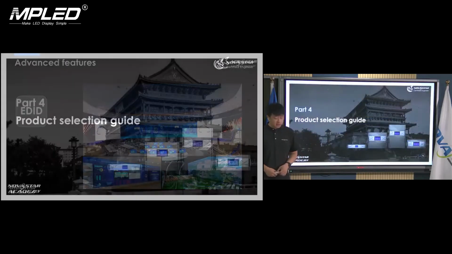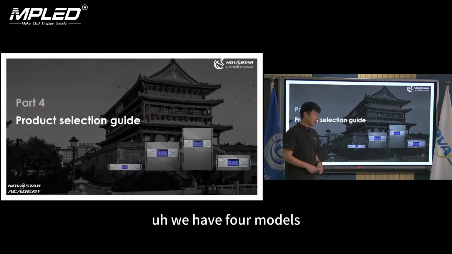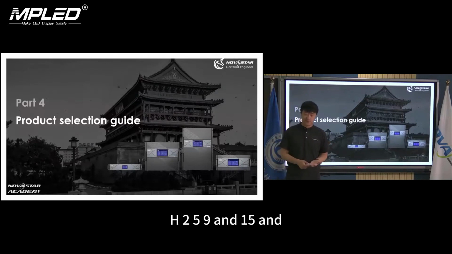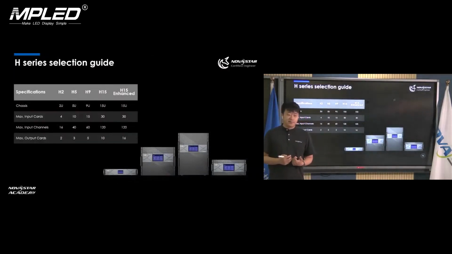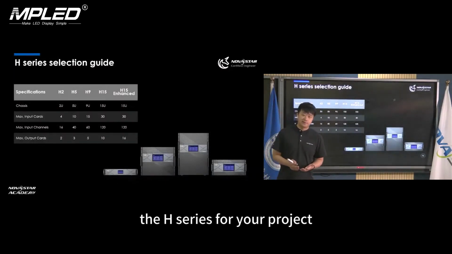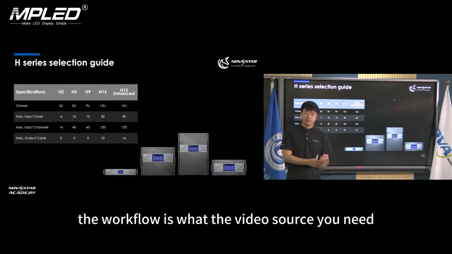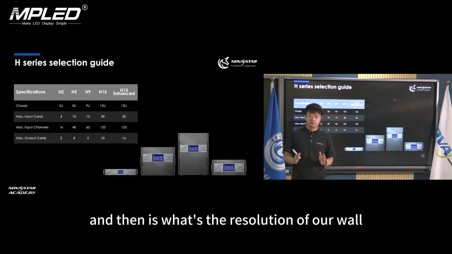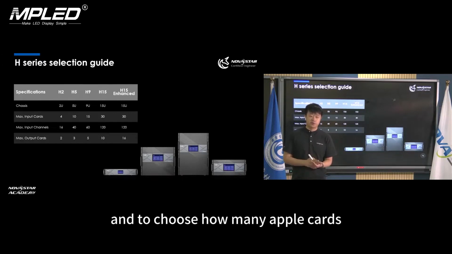For the last part, the product selection guide. We have 4 models, H2, 5, 9, and 15. When we select the H series for your project, the first thing we need to consider, usually the workflow is what video source you need, and then we can select the proper input cards, and then what's the resolution of the wall, and then we'll be able to do the calculation and choose how many output cards or